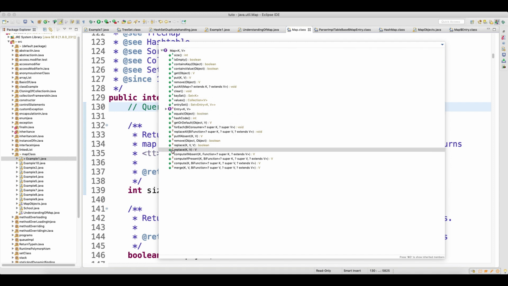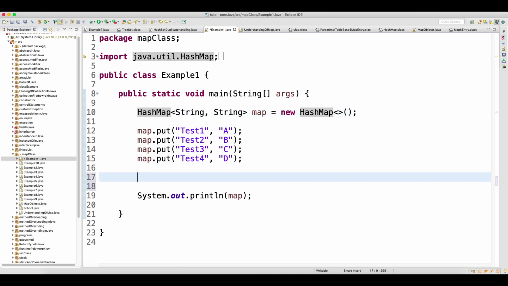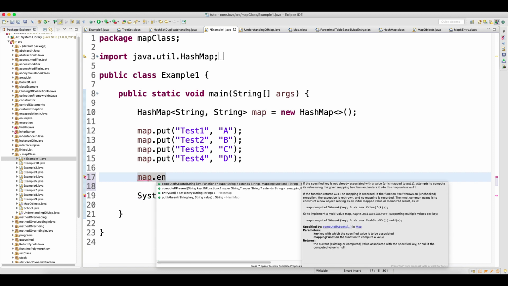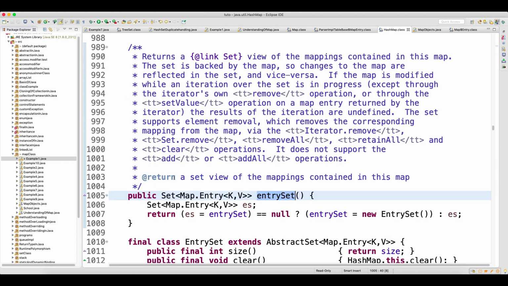I told you two times; now you will correlate why. I will go to this map and do map dot entrySet. On this reference we have a method called entrySet. Press Ctrl click on entrySet. What is the return type of the entrySet?